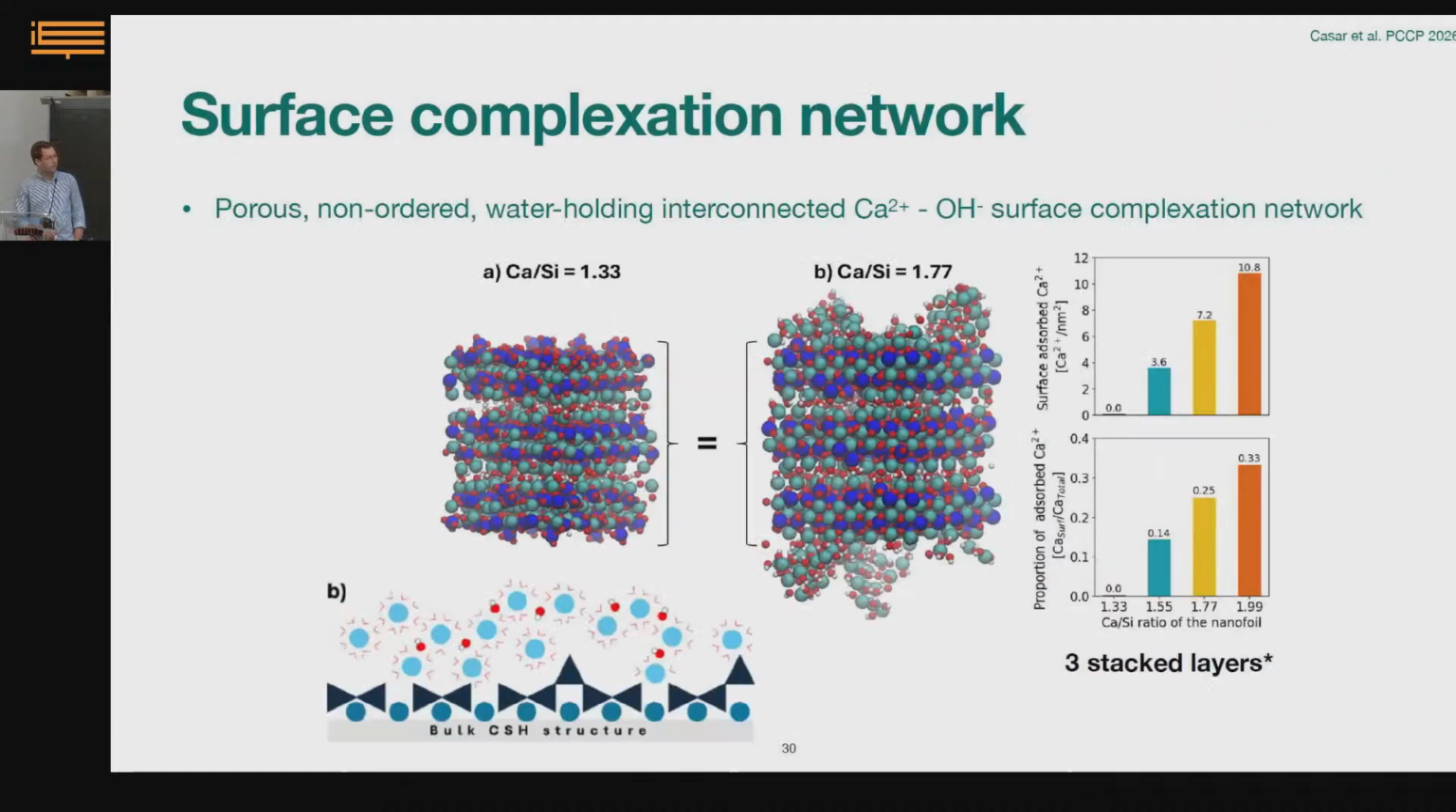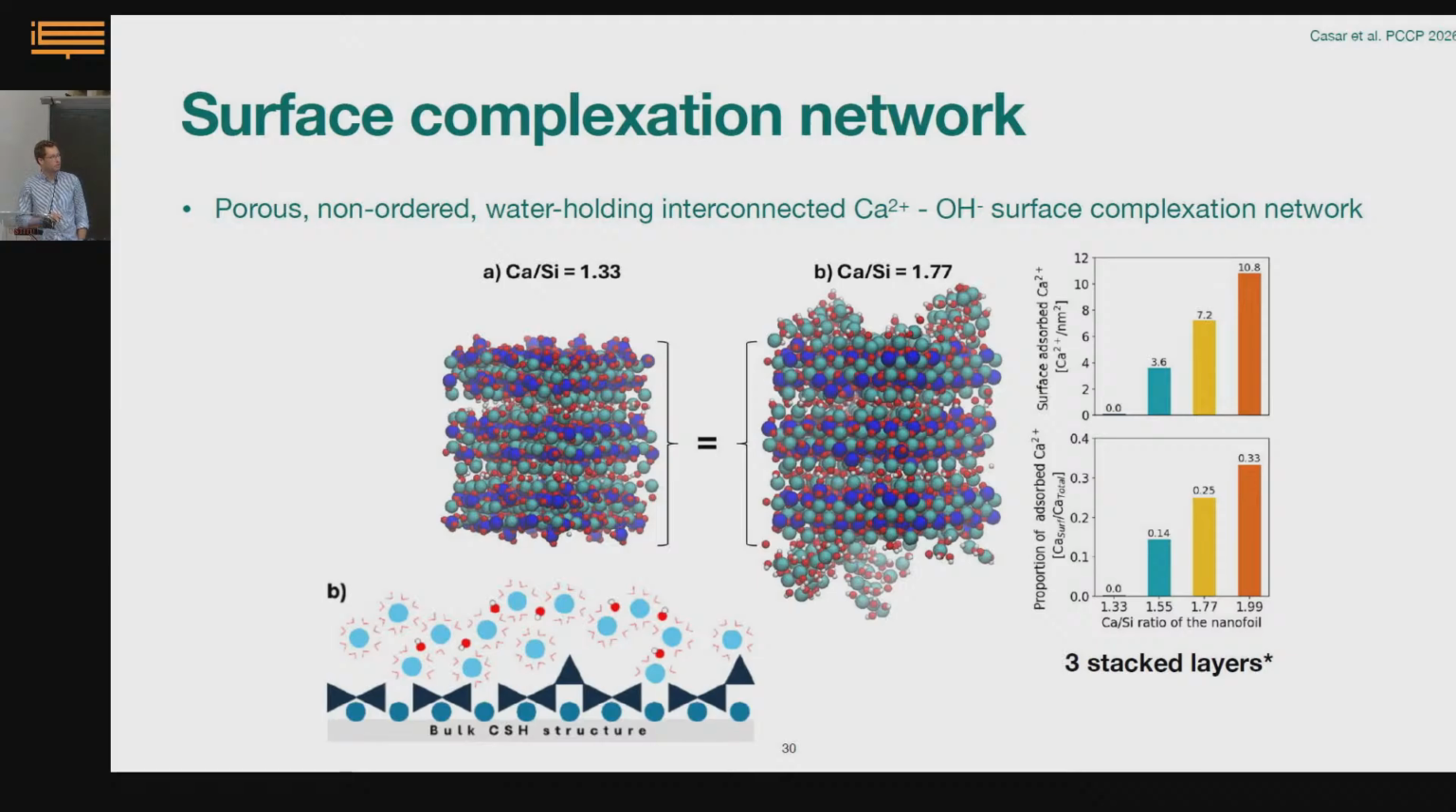So what happens at the end is that you create this, that's kind of a long description: a porous, non-ordered, water-holding, interconnected calcium 2+ and OH minus surface complexation network. So it's like they're connected to each other, there's a lot of water around, and everything seems very stable on the surface. And when you look at such a three-layer stack nanofoil with a calcium silicon ratio of 1.3,